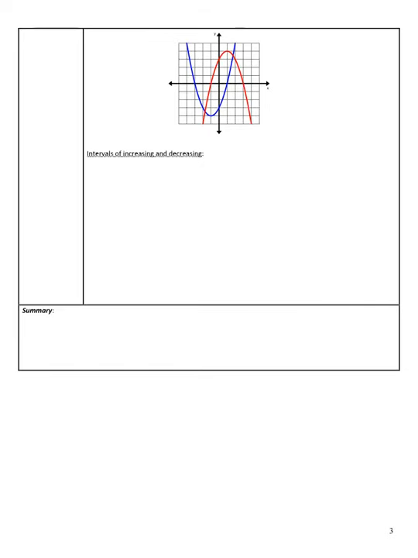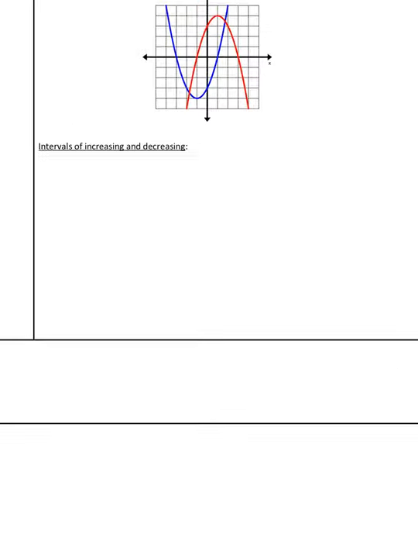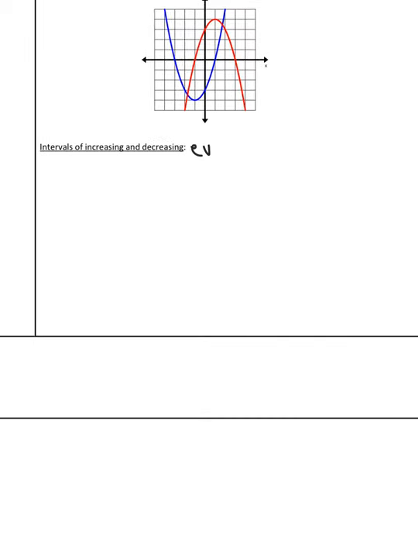Last thing we need to talk about is increasing and decreasing. We talked about increasing and decreasing for linear stuff, remember when we were going from left to right and whether we were increasing, constant, or decreasing. This is the same idea now, just for a parabola. Now the thing with a parabola is that